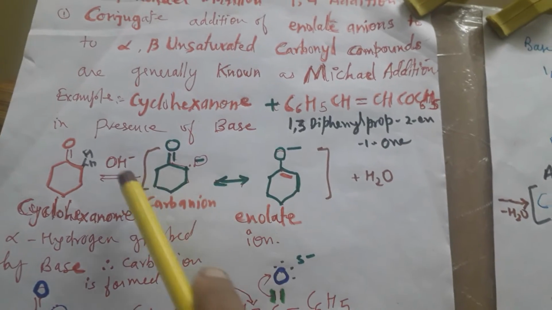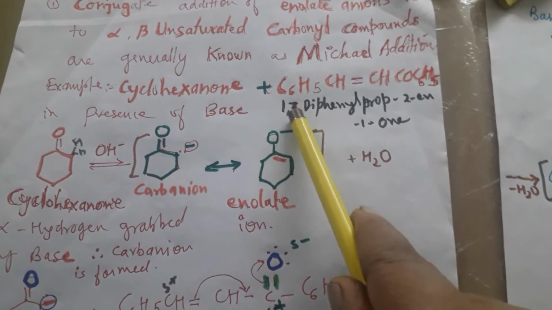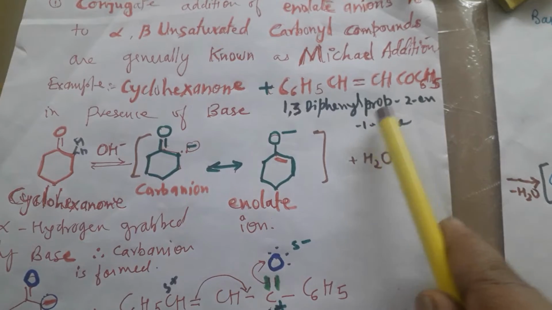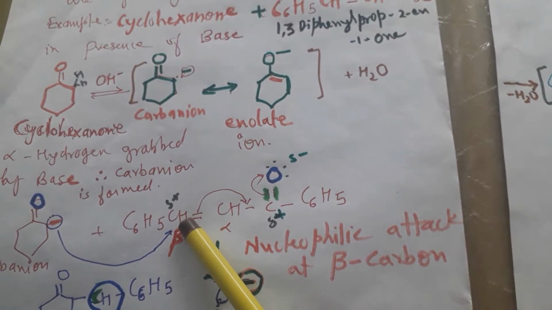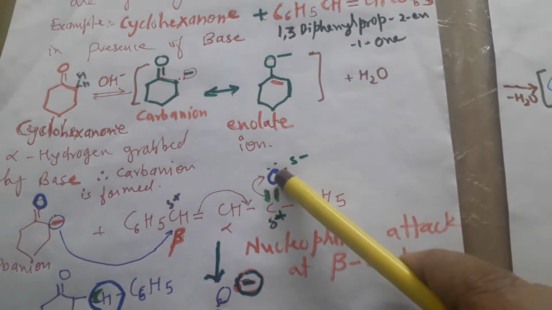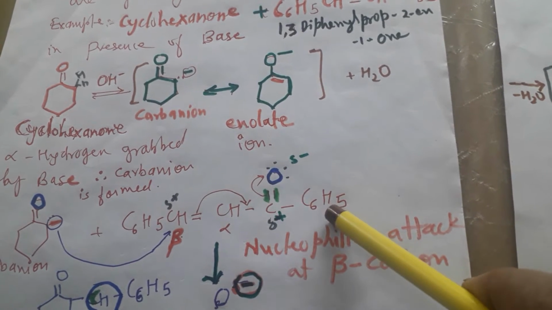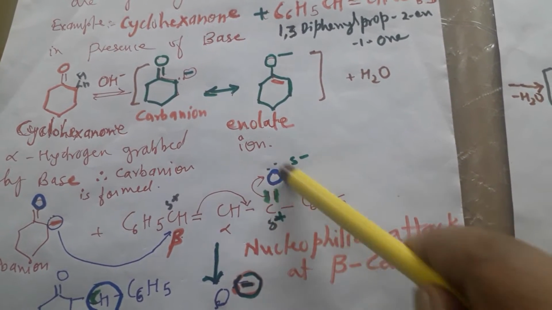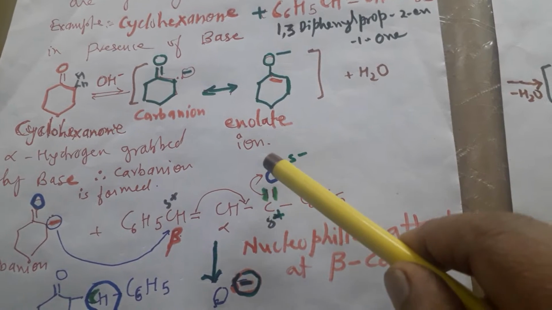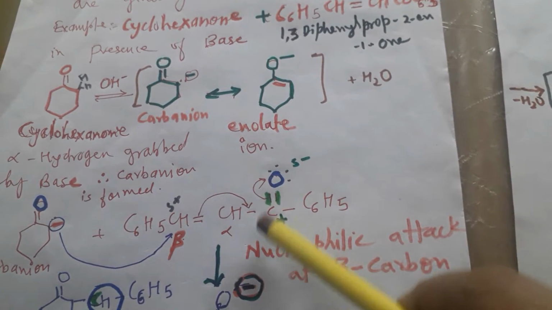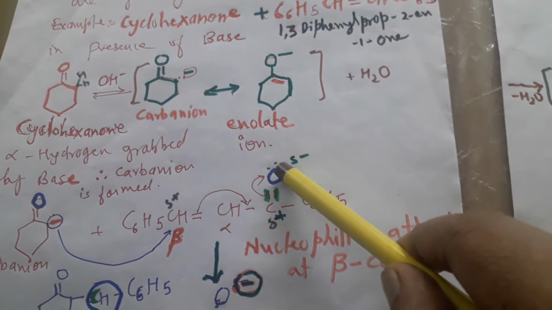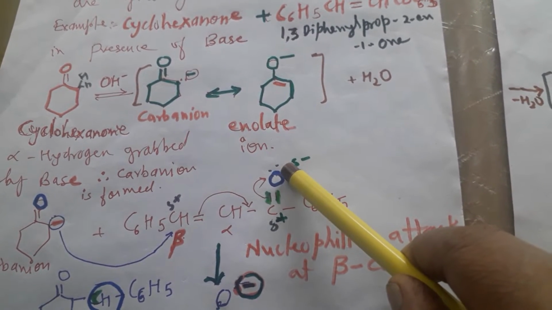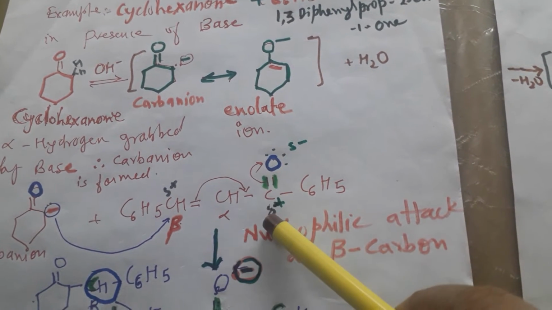Now after the formation of the carbanion, the attack on this alpha beta unsaturated carbonyl compound takes place, and since it is 1,4 addition, the nucleophile will attack on the beta carbon. Oxygen is more electronegative. We write down the structure first, and then we'll say that in the carbonyl group, oxygen is more electronegative than carbon, so it will attract the shared pair of electrons towards itself, acquire a negative charge, and this carbon will become electrophilic.